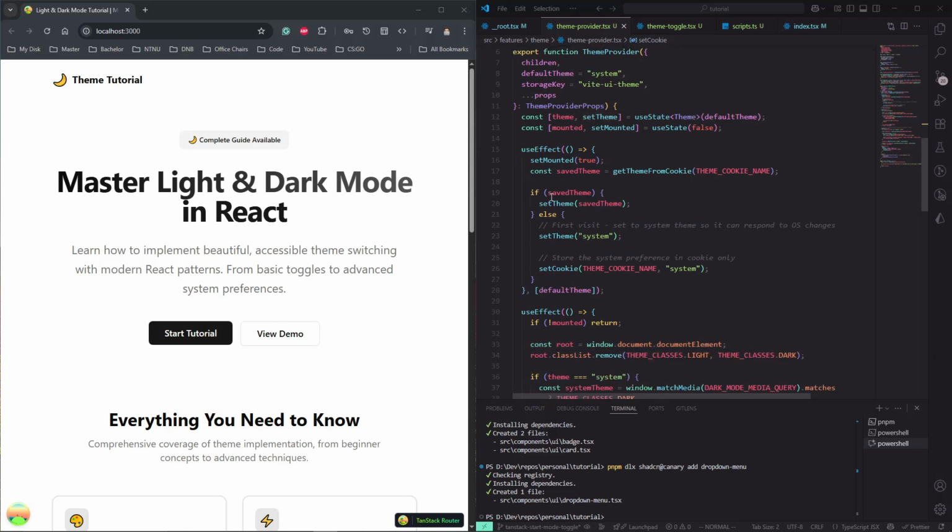Then we have this use effect, which is going to run whenever the default theme changes, and this is only going to change when the component mounts. This is effectively just like an on mount effect. We're going to set mounted to true, signaling that this component has now mounted on the client. Then we're going to get the theme from the cookie, check if it exists, and set the theme to whatever the value of that cookie is. Otherwise, we're just going to set the theme to system,